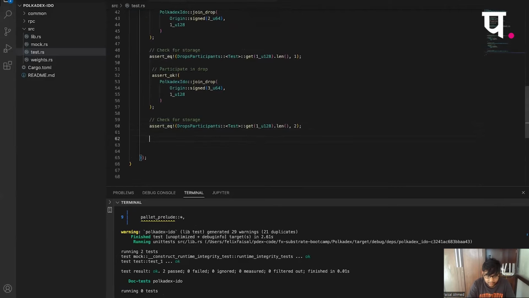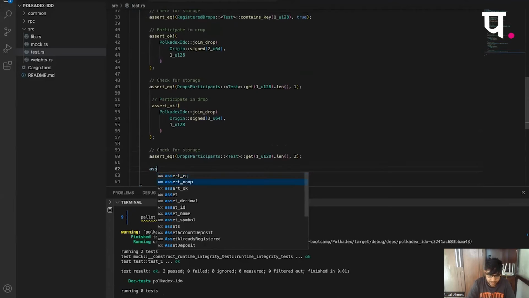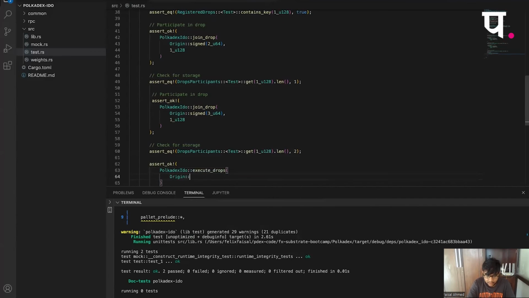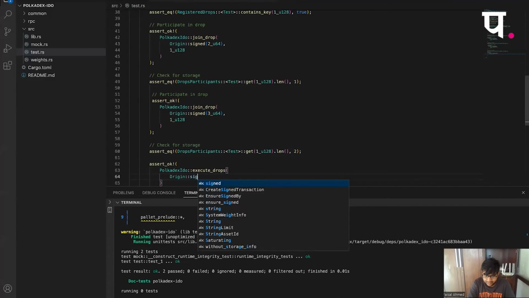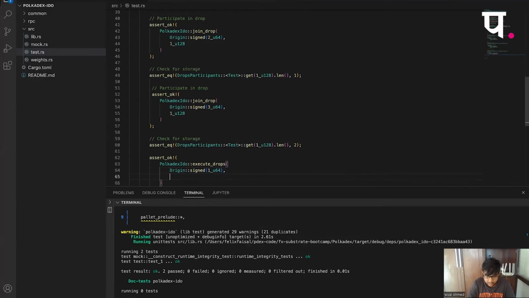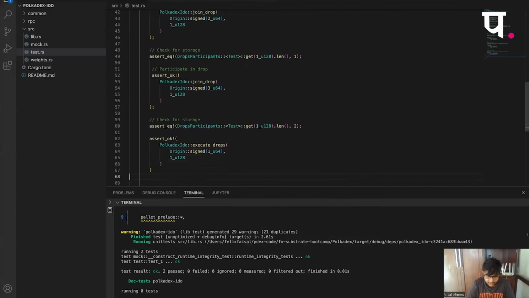And finally, I think what we have to do is execute the drop. So for that, we will again call the function, wrap it around, and now we will do execute drops. I think since I haven't put any checks on whether it is the owner that's calling it, it doesn't matter who calls it. So now 1u64 and 1u128 is our drop ID.